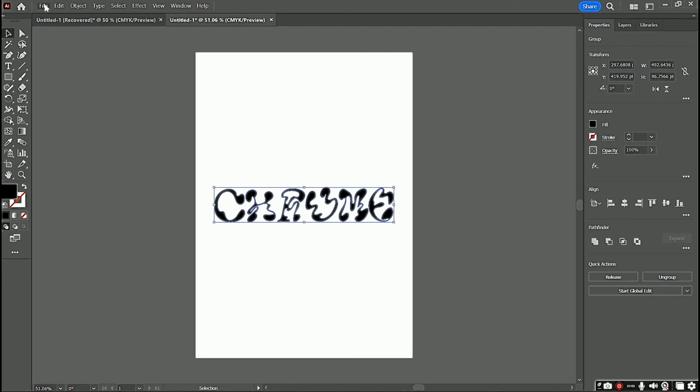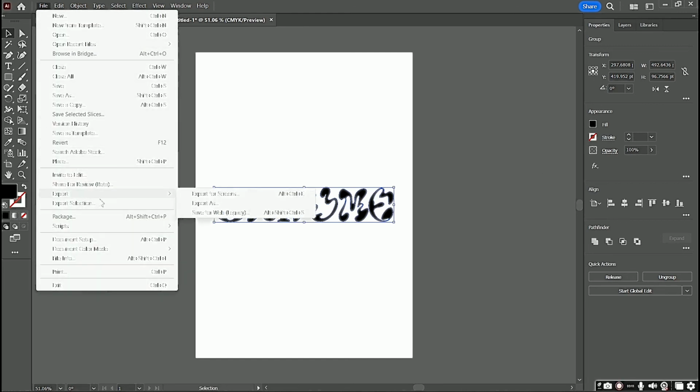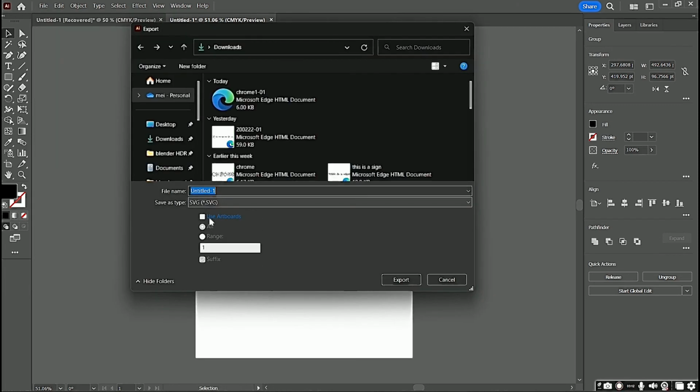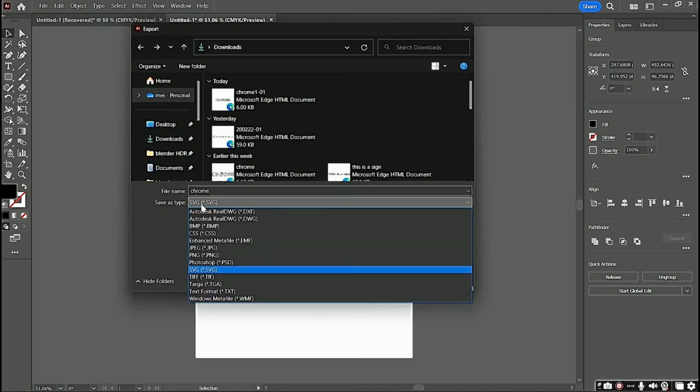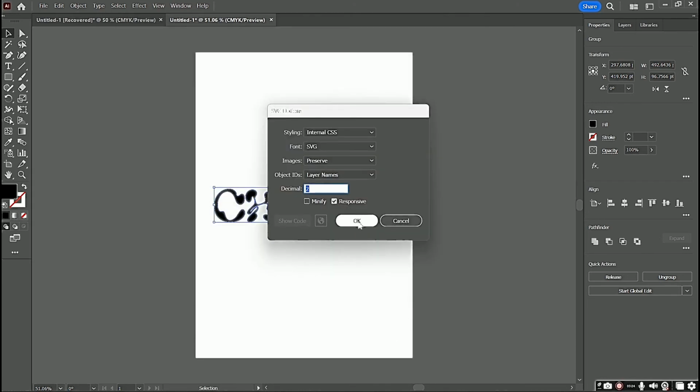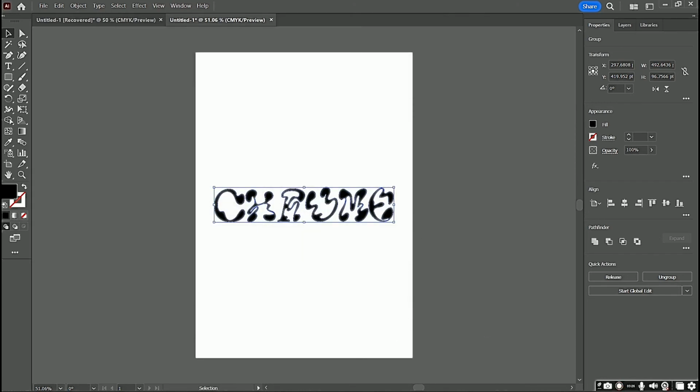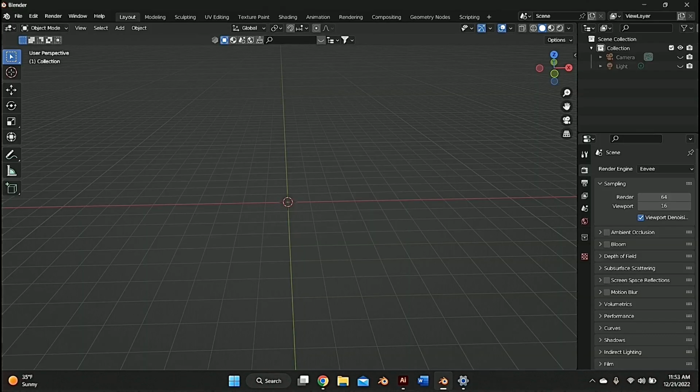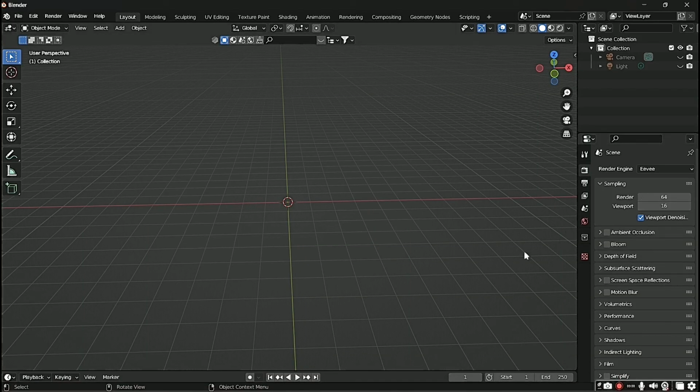So in order to export it, we're going to go to File, Export, Export As, and you're going to have to make sure that it's an SVG, and that'll make it editable. And you press OK. Okay, so now you want to go back to Blender,